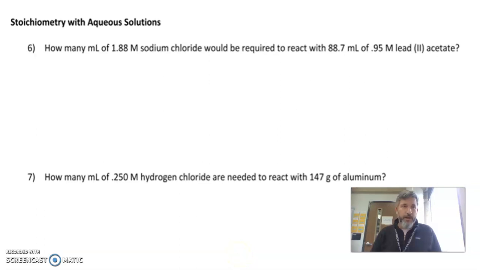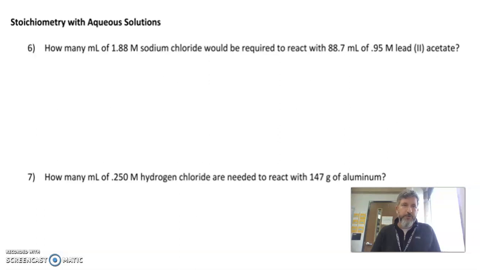So today we're going to talk about doing stoichiometry with aqueous solutions. Instead of grams or moles, you're going to be given volume and molarity for your reactants or products. So let's take a look at number 6 from the assignment that we started in class. We did 1 through 5 and went over some of those in class. Let's jump to number 6 and we'll talk about that, and then you can attempt some of the others on